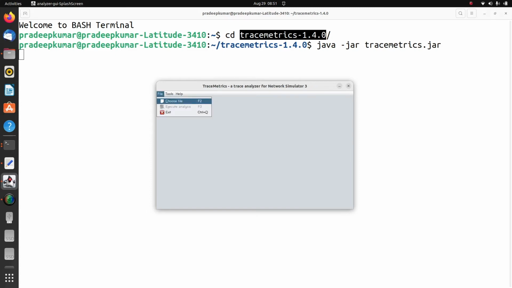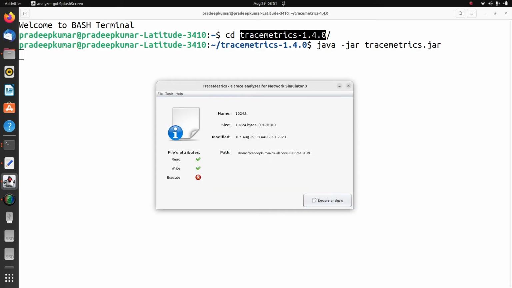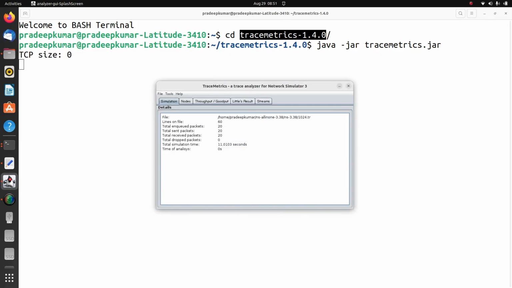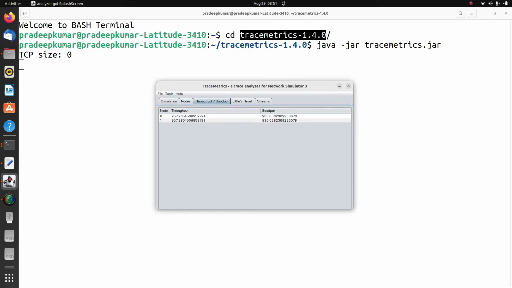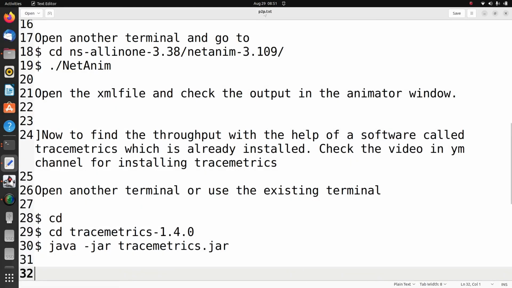Now click file, choose file, and go to the location of NS all-in-one 3.38, then NS 3.38, and we have two files, 1024.tr and 512.tr. I am opening 1024 and clicking execute analysis. Once the execution is done, we can see the number of lines in the file and other details. Here we have the throughput and the goodput. In this example we ask only for the throughput, so just press Control C, or right click and copy, then come to the editor window, and for 1024.tr,